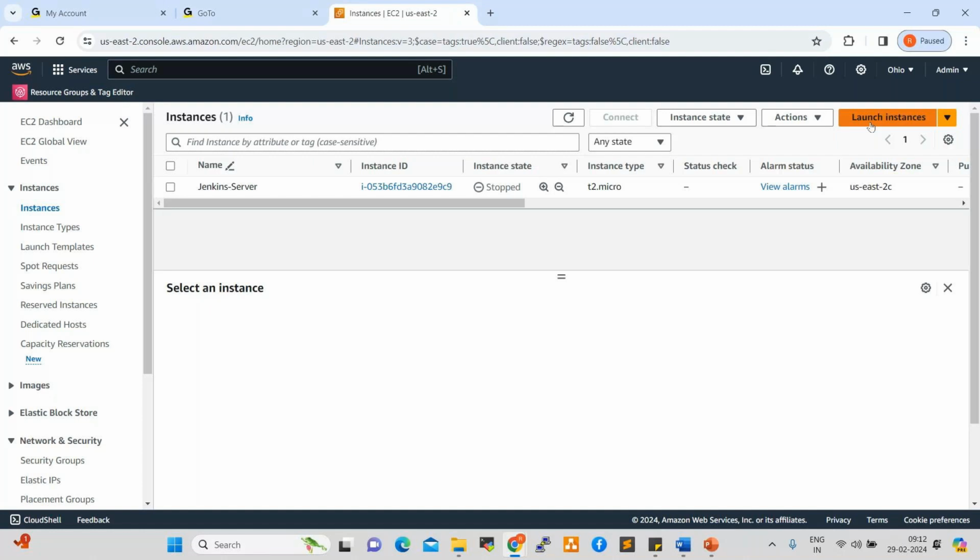Whenever you want to use the server, you can start and use. Whenever you want to stop the server, you can stop. Billing will be stopped. It's kind of renting. But production servers, live servers, for example, Flipkart is running, right? Flipkart servers, like live application servers, we need to keep in running state only. That is different, right? But here in cloud, when we go with cloud servers, one-third cost will be saved compared to physical environment.